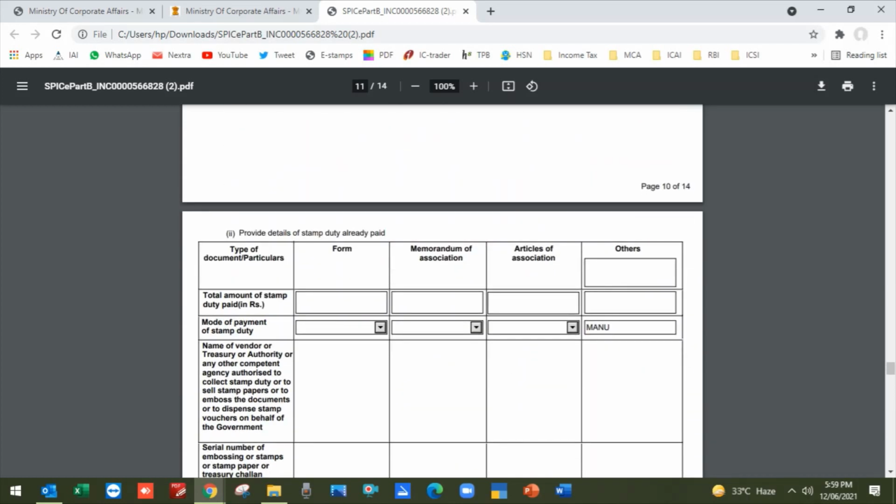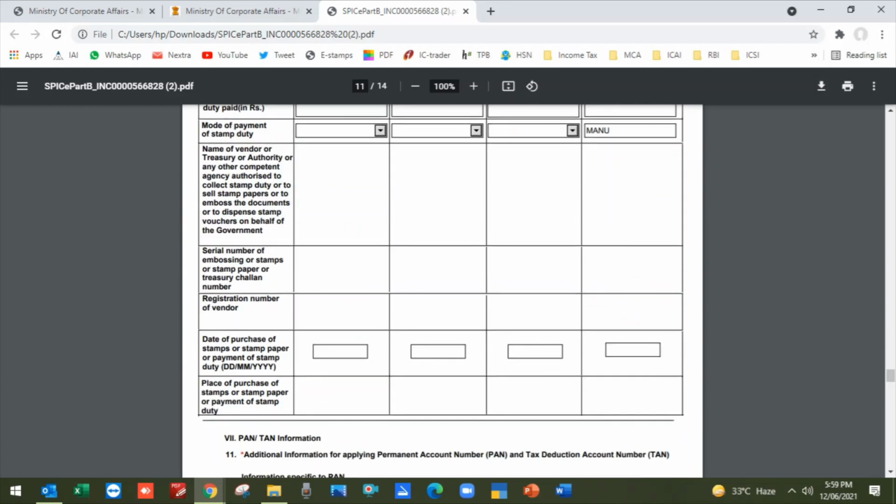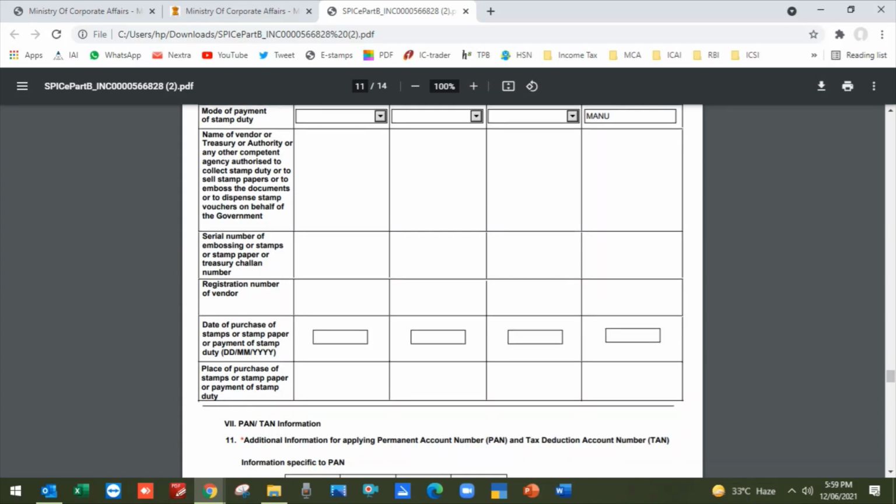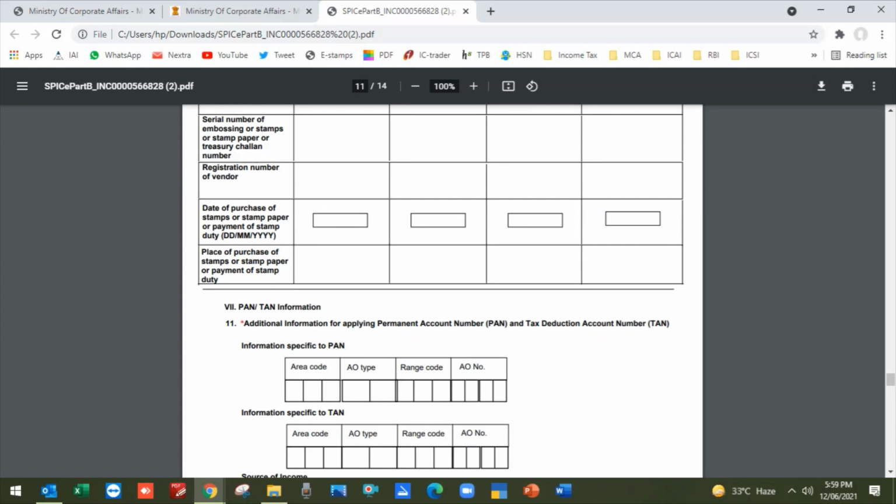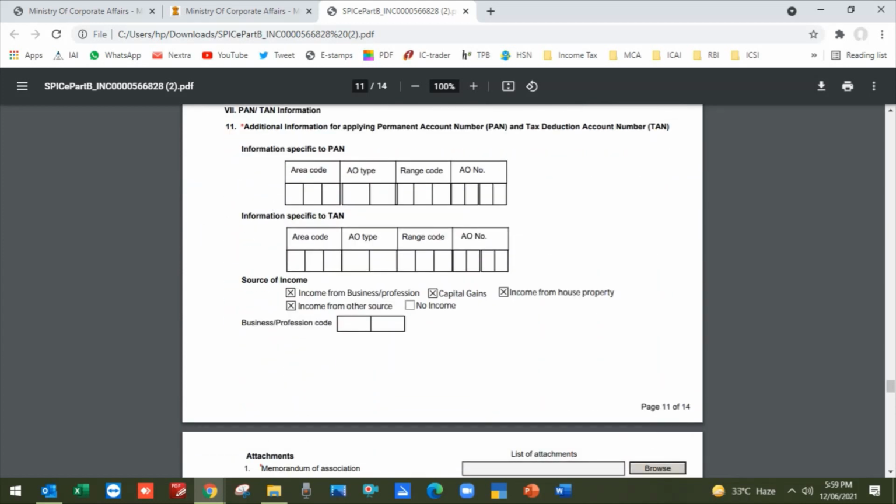Stamp duty is paid through the MCA portal. Every section you have to fill online, and the date of stamp would be the date on which you are going to submit your forms. Suppose you are going to submit your form today, you should mention today's date, and once you upload all the forms, you can pay the stamp duty. This is the biggest confusion. Then you have to give the specific